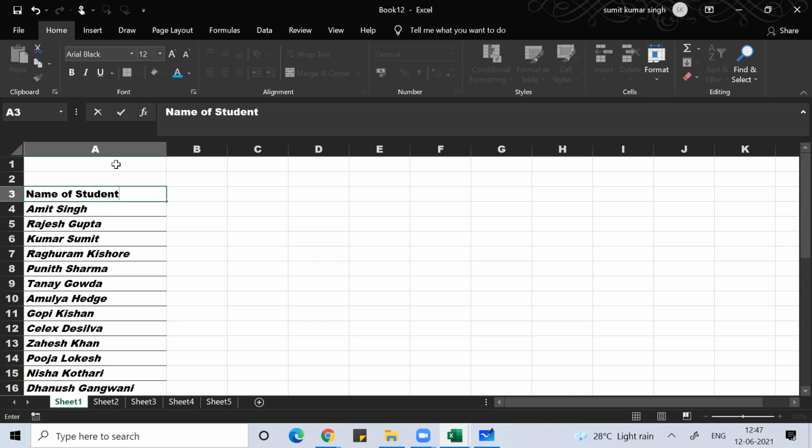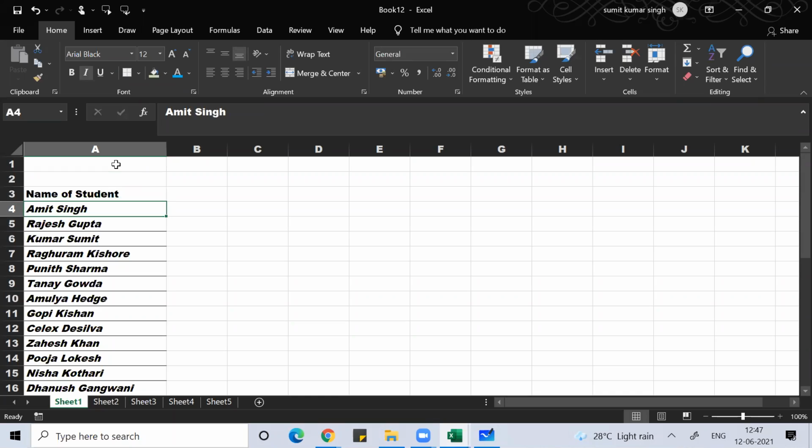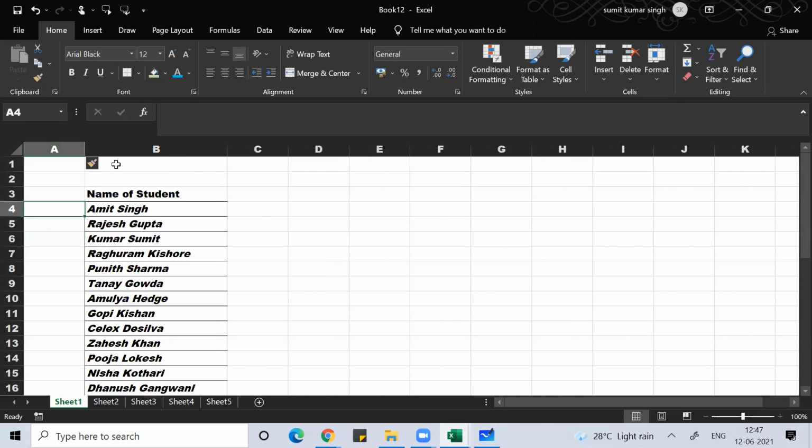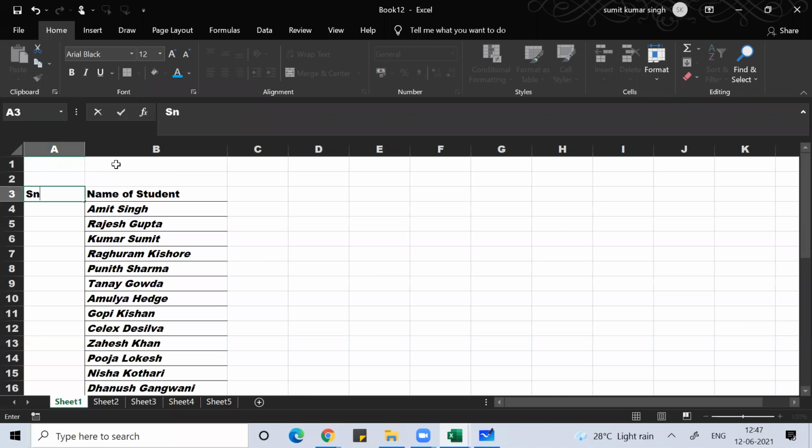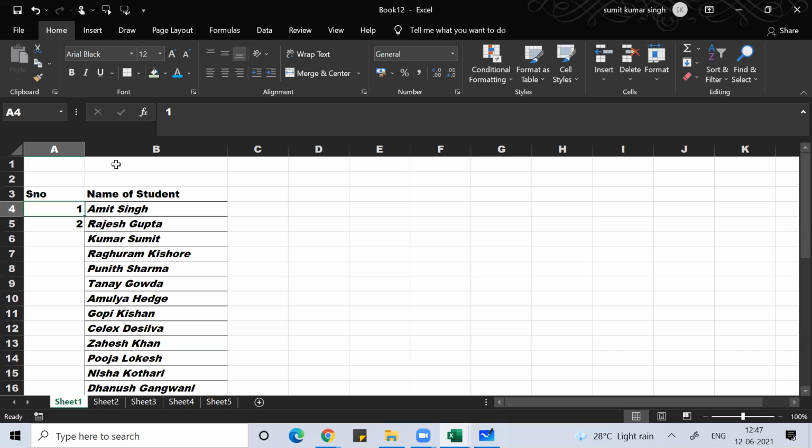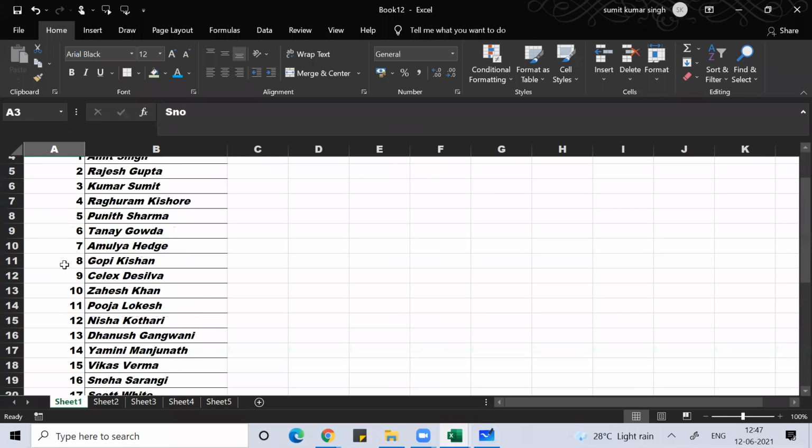Okay. And I want to give a serial number also, guys. It is not at all looking good. I have to give a serial number. To select a column, Control space bar, Control Shift plus. Okay, now you get a column. So serial number, one, two, just select one and two and then drag it. Then drag it. So you can see 30 names are there.